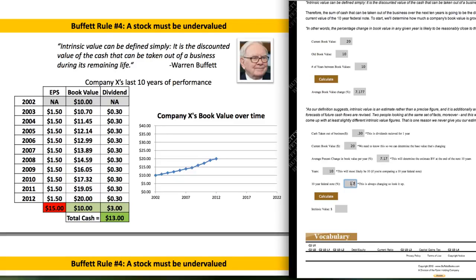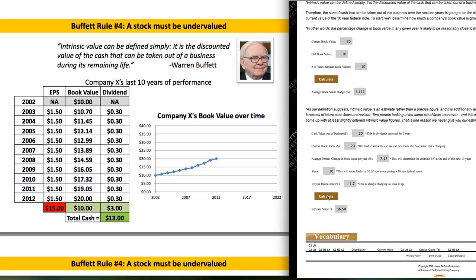Now you'll notice I'm just putting in the numbers. I'm not putting in any percents or dollar signs or anything like that. For 1.7%, I didn't put in 0.017. I put in 1.7. Okay. So all those numbers are in there, and then I hit calculate, and it's going to give you the number in dollars. If this was an actual company, this calculator is saying that the intrinsic value of that company is $36.50. So that's all great, but you probably want to see this actually work with a real company.